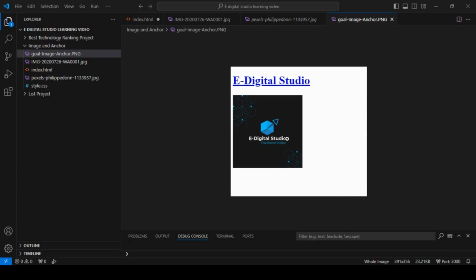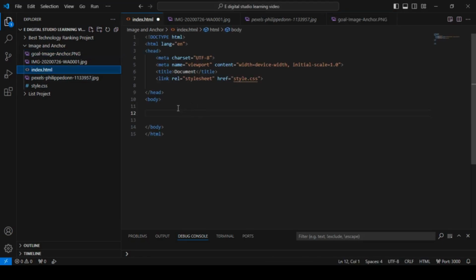So today's goal project is to create this kind of HTML page. To create this kind of HTML page, as you can see here, eDigital Studio is being given in the heading. So we can use an h1 tag for the header. Within the body I would write h1, enter, and within the h1 opening and closing tag I would write the content. For now my content is